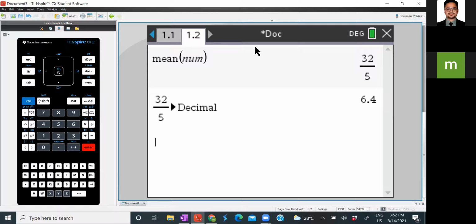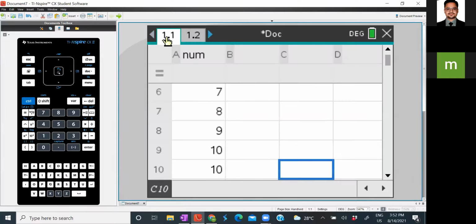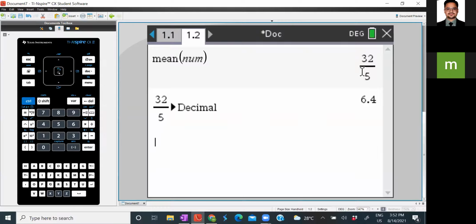So it's giving an instruction saying convert this fraction to a decimal and enter, you will get a decimal value. So it's very easy. And if you make any changes to this particular column, automatically the answer will be updated here because you are giving a function saying find the mean value of this particular num. Similarly, median, just write median and brackets open, num, you will get the answer.